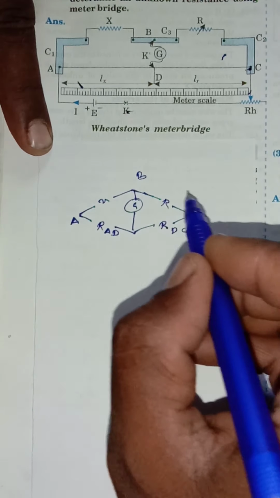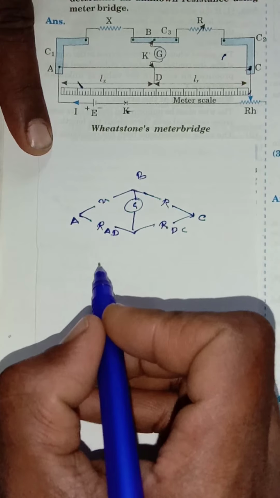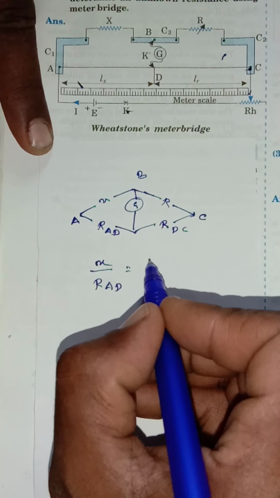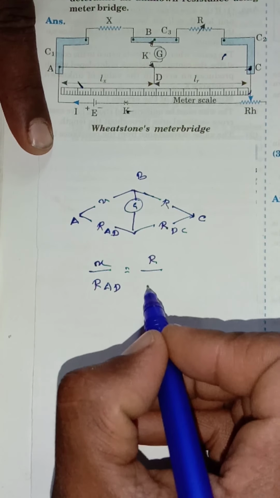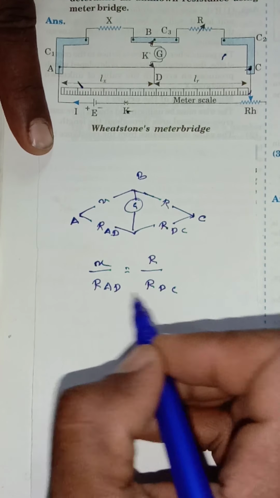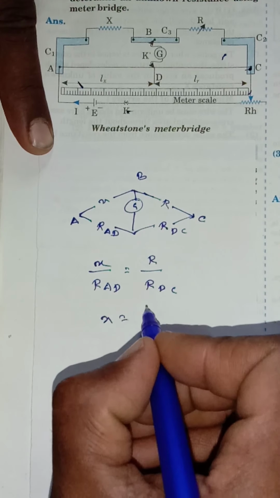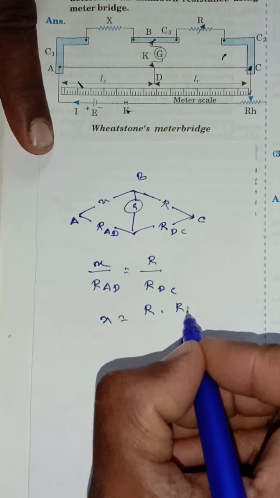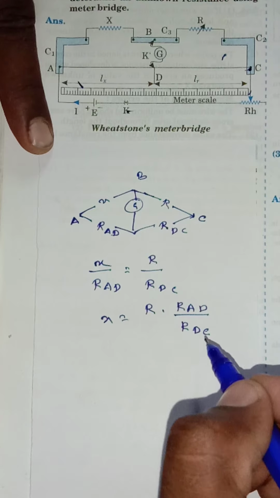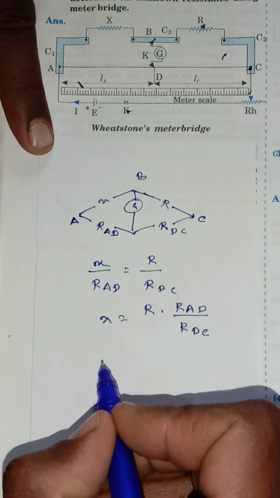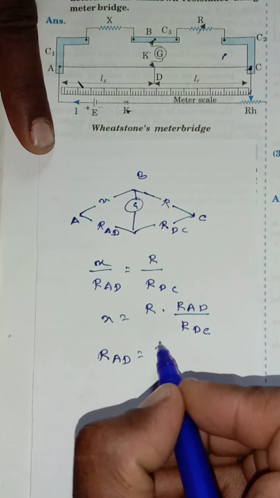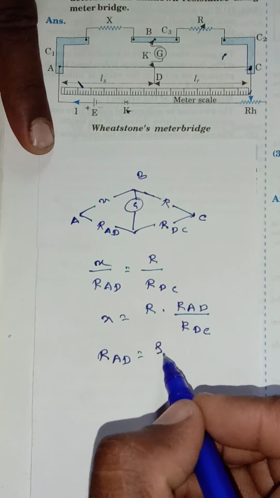By using the Wheatstone network we can write X divided by the resistance of AD is equal to R divided by the resistance RDC. Taking the resistance of wire AD to the right side, we can write X is equal to R into RAD divided by RDC. We know that the resistance RAD is equal to rho, the resistivity of the wire AC, rho